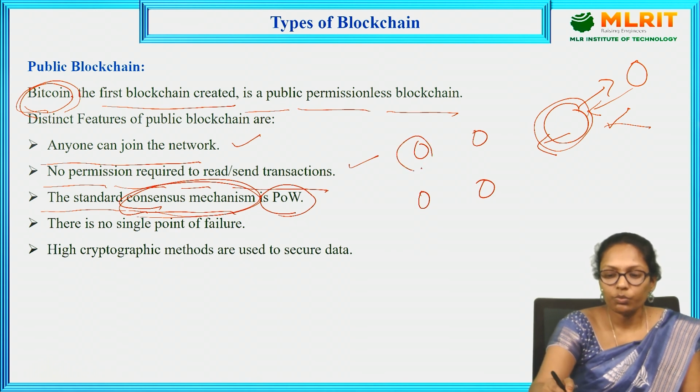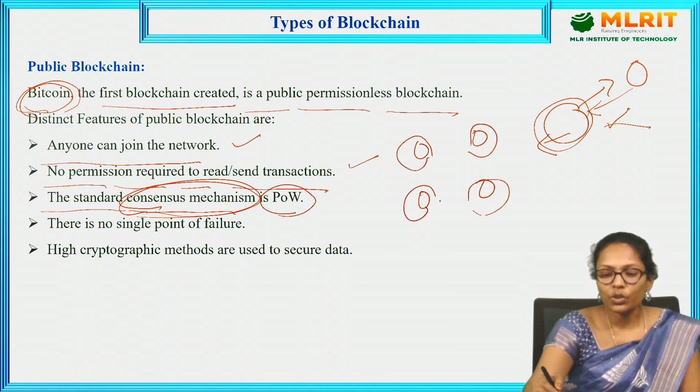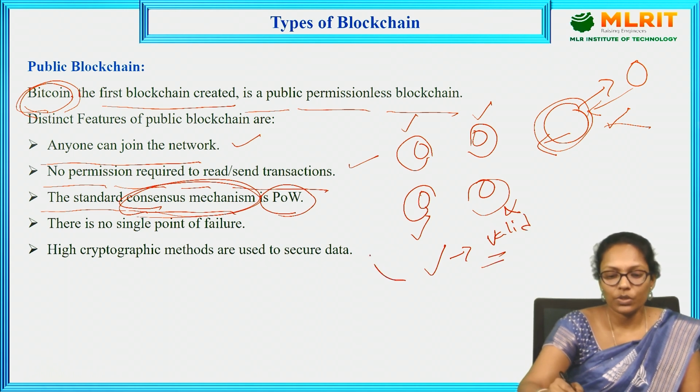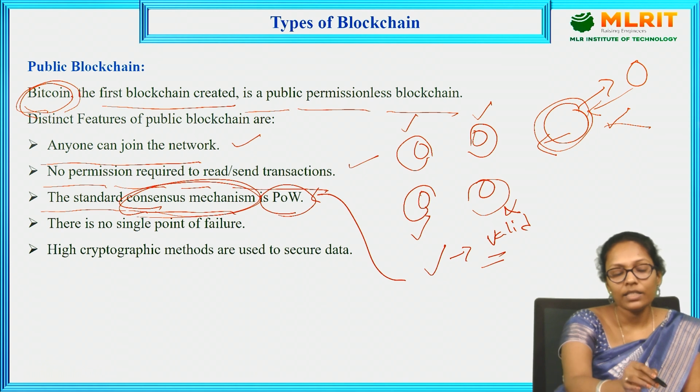So here we have 4 nodes. All these 4 nodes will validate this transaction. This node will say yes, this node will say yes, this node will also say yes, and this node is saying no. So if I check, the majority of the nodes are saying yes, then the transaction is a valid transaction. So this process you are calling the consensus mechanism,